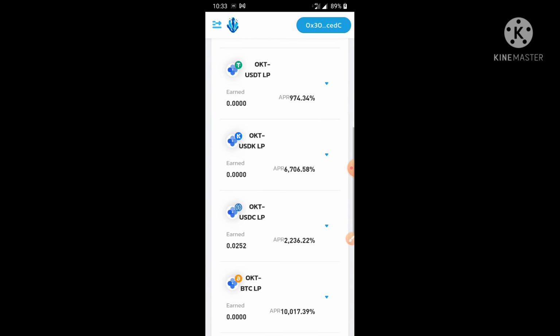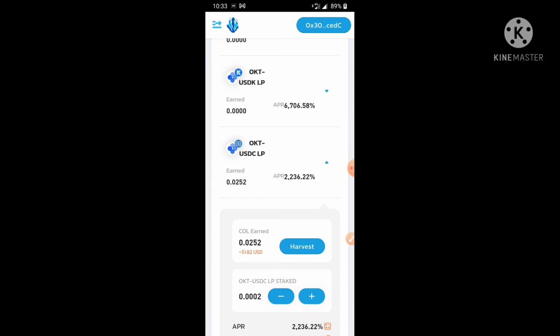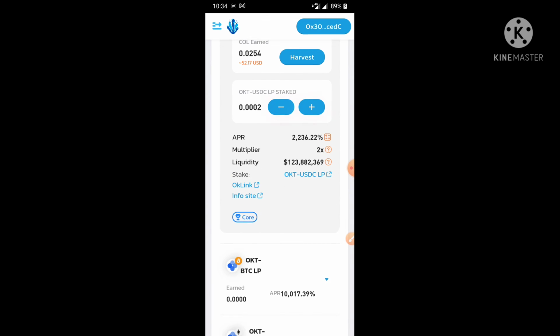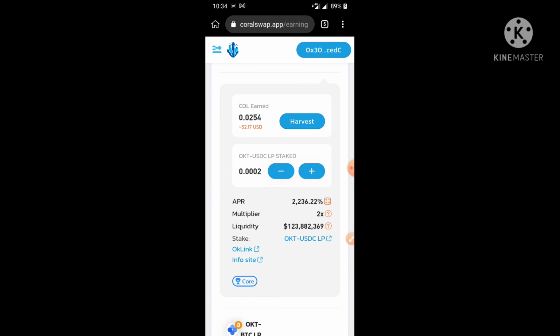If you have an OKT and USDC selection, you can click this. Once you're done with this, add how many OKT you have harvested, meaning in the LP liquidity section, and approve it. Once you're done with the approval, it will again redirect you to MetaMask. In MetaMask, again you have to perform the approval part, and it will get active. Once it gets active, you will find this harvest option, which pops out after 4-5 minutes like this. So here you can do this harvesting part.